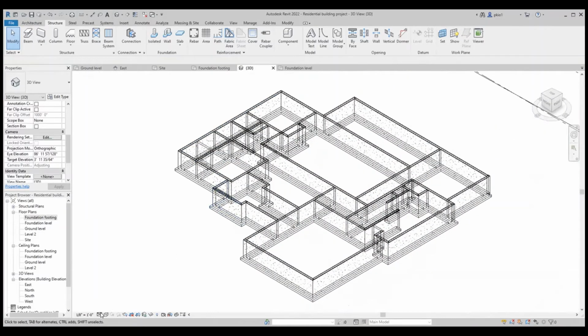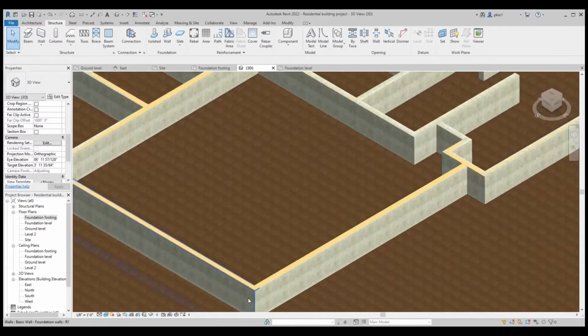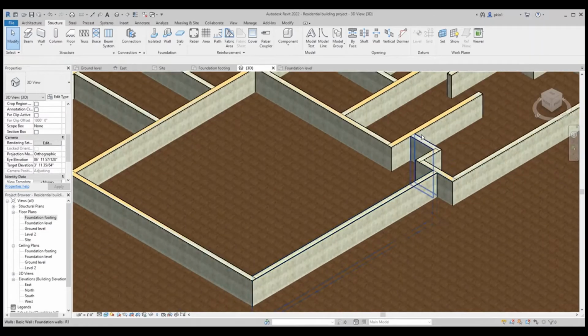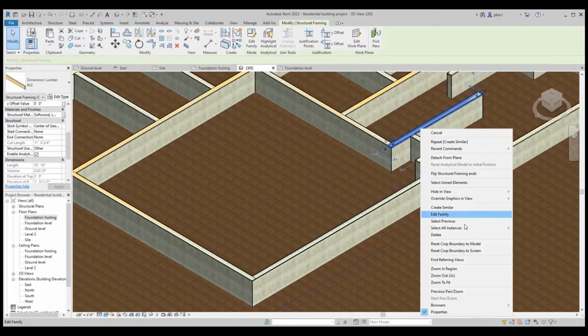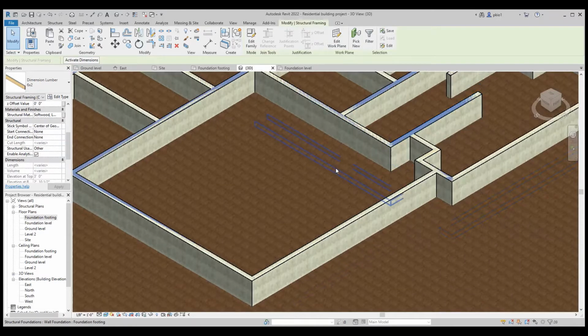Now we can go here and select the realistic view so that we can see the seal plates. And at this point, it looks like it's sitting in the concrete. So we'll select all the seal plates, select one, and say select all instances in the entire project.